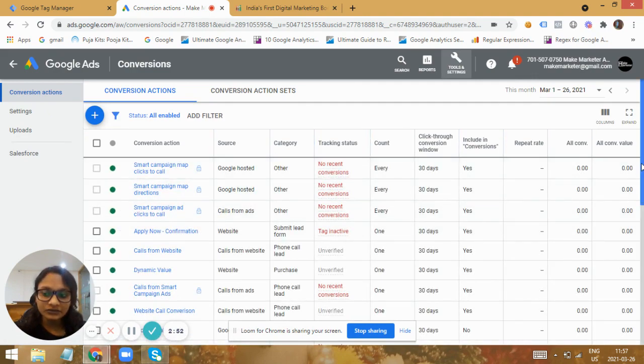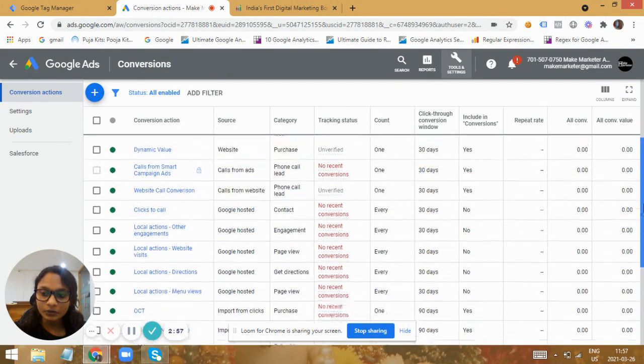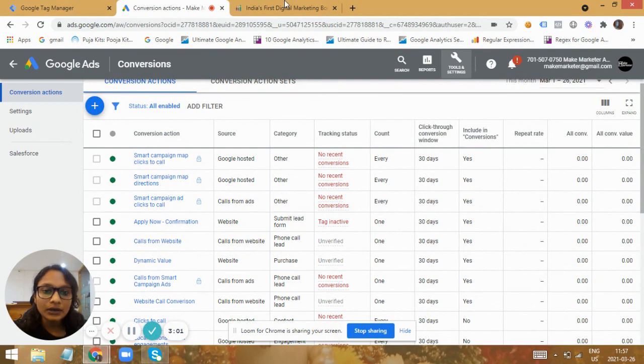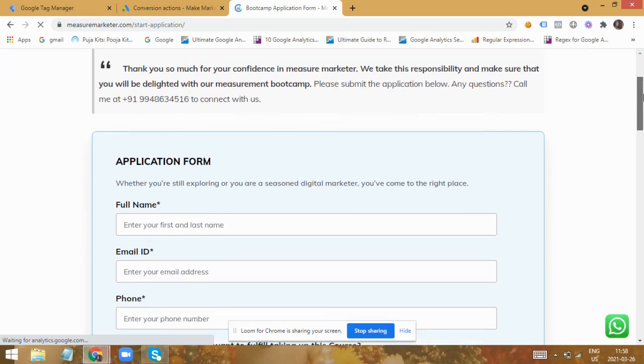I have a lot of conversions that are mentioned in my website as a very important macro or micro conversion. Right now we're going to deal with our agency website, measuremarketer.com. Here we have the apply now button for users who would like to apply for our bootcamp.